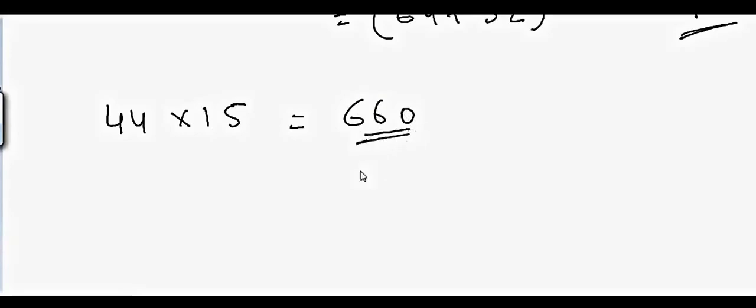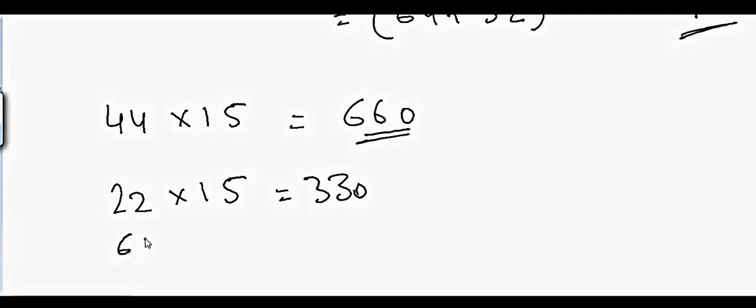Suppose I want to multiply 22 by 15, so that will be equal to 330. And if you want to multiply 66 by 15, that will be equal to 99 and 0. So as you can see, I'm using simple numbers, but you can always go to complicated numbers and do the same kind of